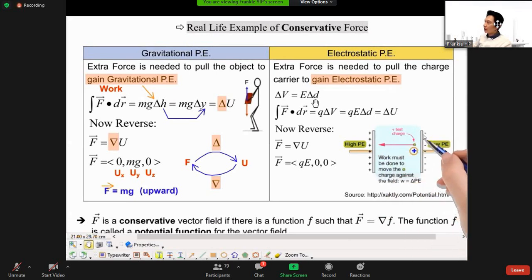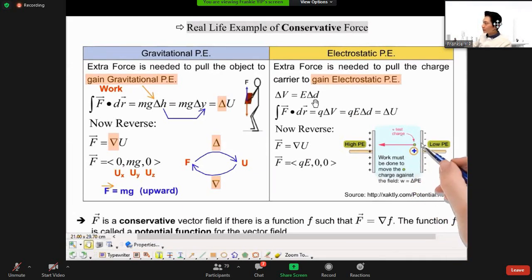When there are two parallel planes over here, an electric field is set up between these two planes. So when we have the positive charge here,